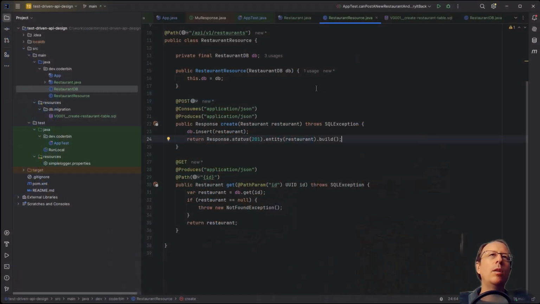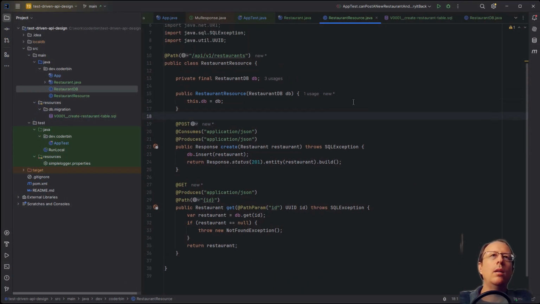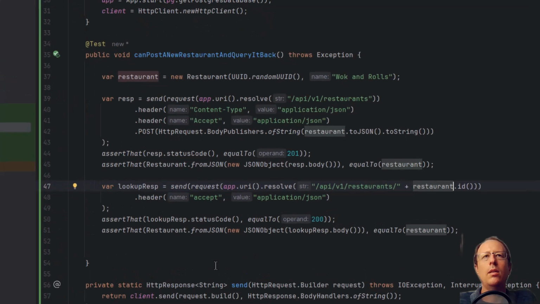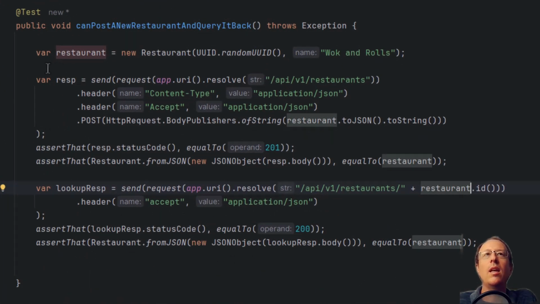Isn't that nice? So let's look at what we've got here. We have some very simple code. It all came only from what was required from the tests. Our restaurant resource is mostly annotations, which is going to help with our REST documentation and keeping things consistent. Our database code is really, really simple, really straightforward, very customizable. And our test is really quite nice in many ways. It is fully end-to-end.